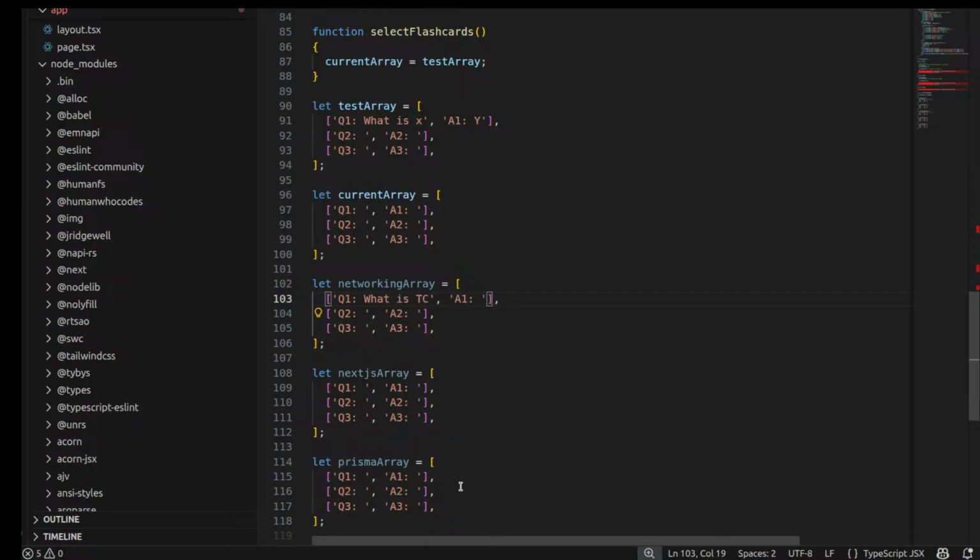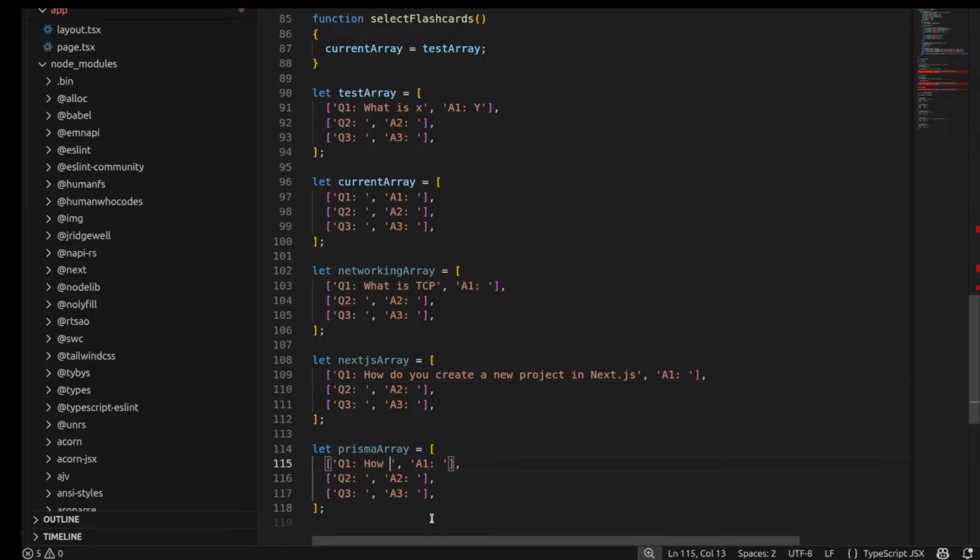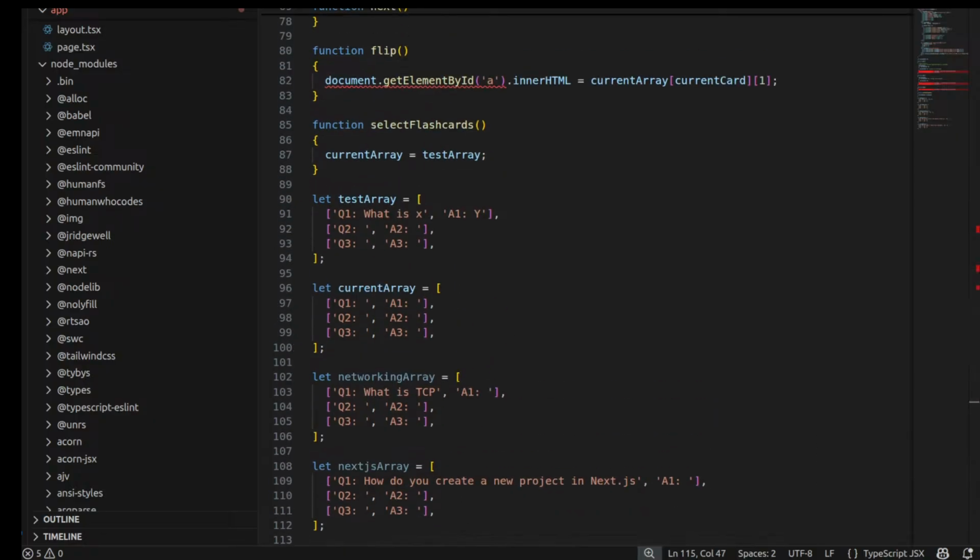Is TCP Next.js new project in Next.js and from a database. Okay, so now what I'm going to want to do,